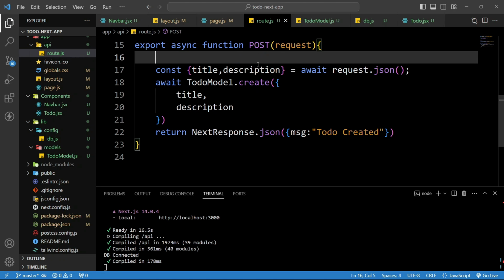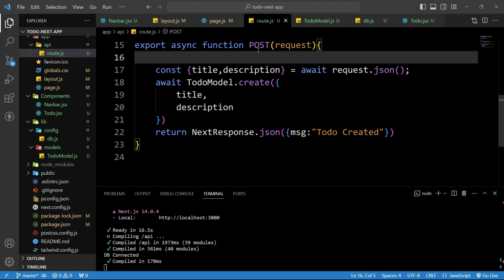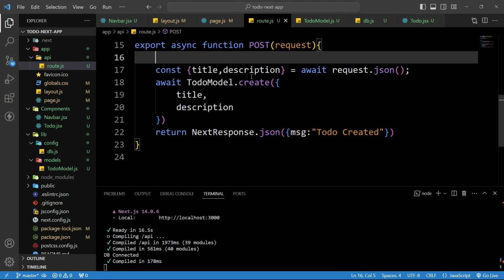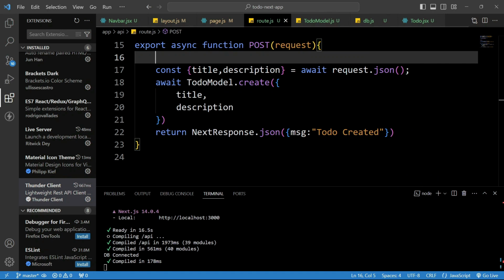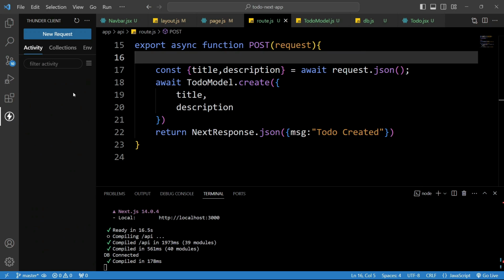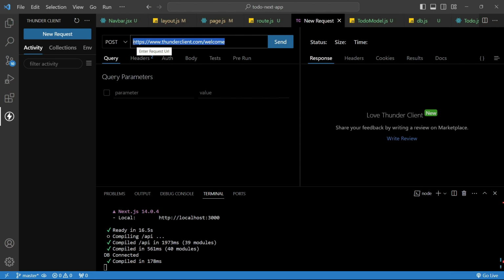Now save this file and we will check this route. So in the browser address, if I add any API address and press enter, that hit will be sent as a GET request. But here we have created a post request. To test this post request, we will use one extension which is Thunder Client. So we will come here in this Thunder Client, we will click on new request. Here we will select the post method, and here we will provide the endpoint address, that is http://